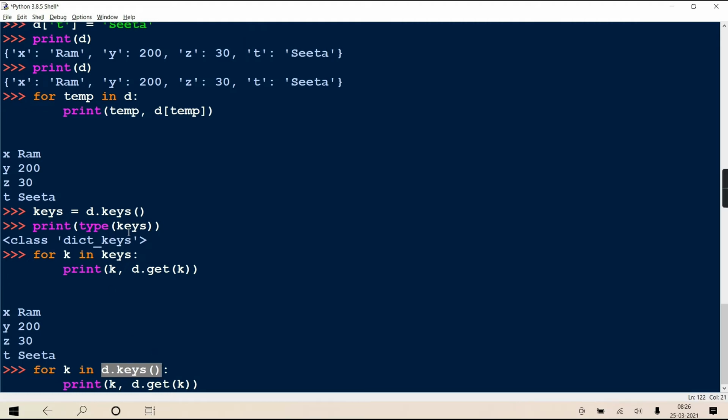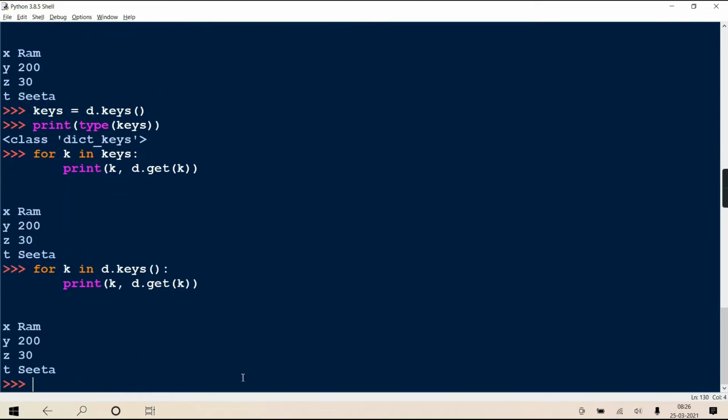An iterable object of class dict keys will come. Can I use that dict keys object here in a for loop? It is allowed because it is an iterable object. Yes. See, so this provision also is there.